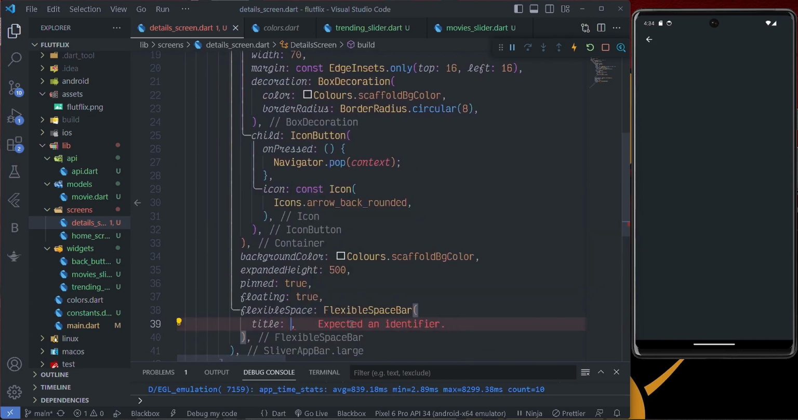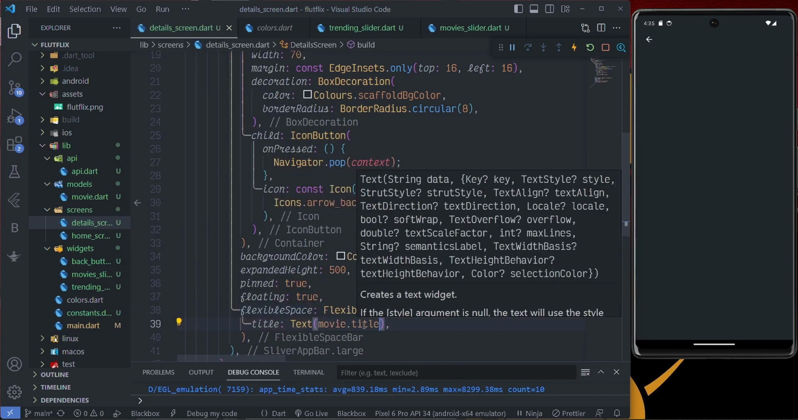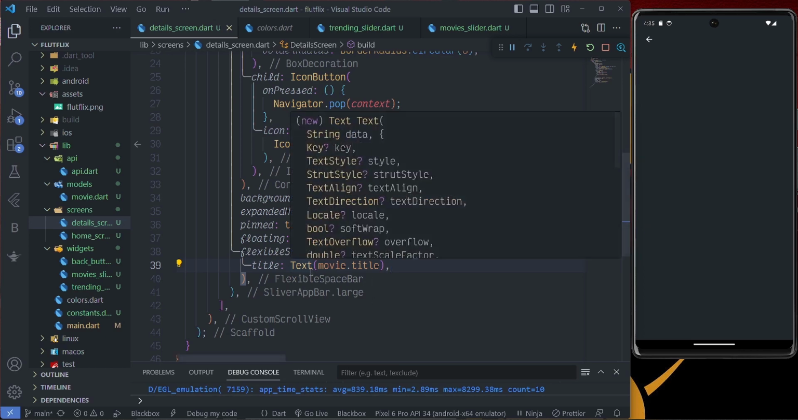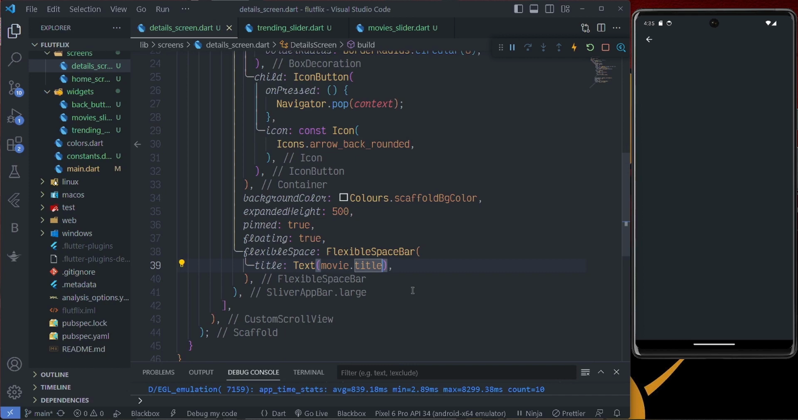So I'm going to cut this, make a text widget, and then paste this in there, just like this. I hope this isn't too confusing. Now I could have just used a regular app bar, but I just thought this is another widget for us to learn. And I haven't used enough of the Google fonts, so let's go ahead